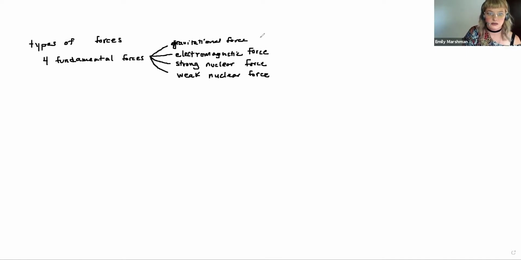The two that we will talk about the most in this course are the gravitational force and the electromagnetic force. And all of the other forces that we will talk about in this semester are a result of these two forces. The gravitational force, we said it could be between the sun and the earth and the moon, ourselves and the earth. If I'm close to the surface of the earth,